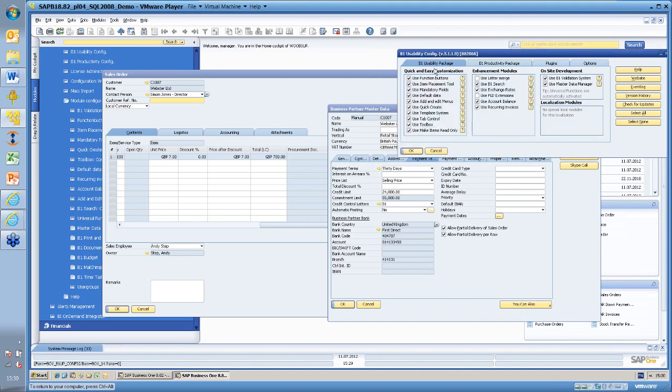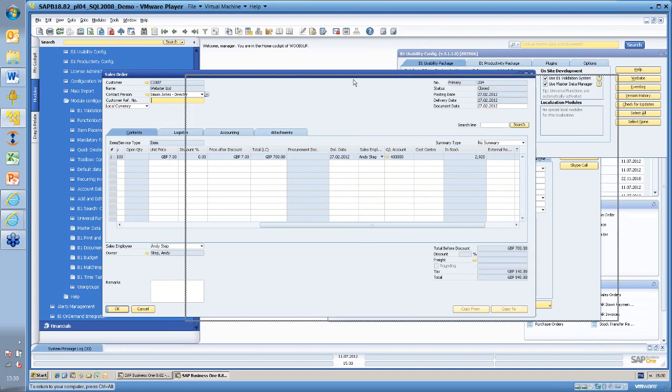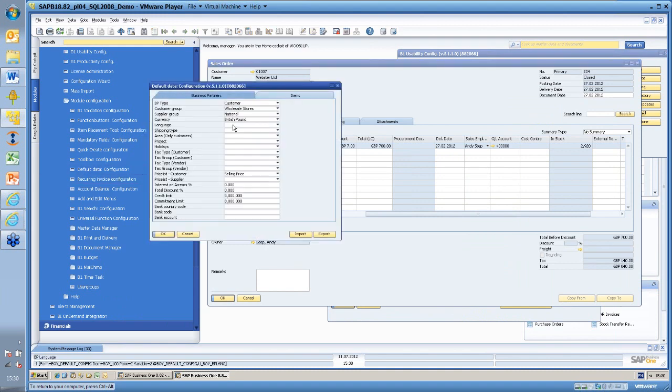Now, what else have we got within here? So we've got function buttons, we've got the item placement tool, the mandatory fields. There is an option here to create default data. So if I just move some of these across, I've got a default data configuration here that will allow me to determine what the records look like when I create them. So I can say every time I create a new business partner, the default position is that it's a customer, that it belongs to wholesale stores, that the currency of it is sterling, that my default supplier group is national,